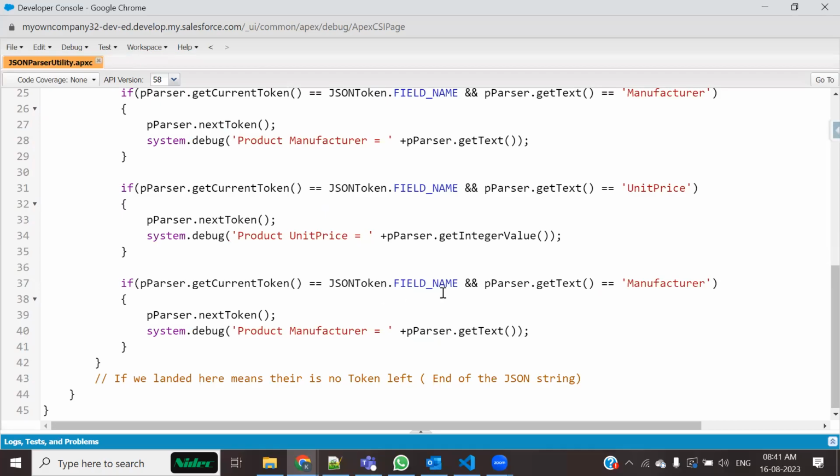If p parser dot get current token field name, and if it's a location, then go to the next token, and get text, and take its text and print it. Okay? Once everything has been done,